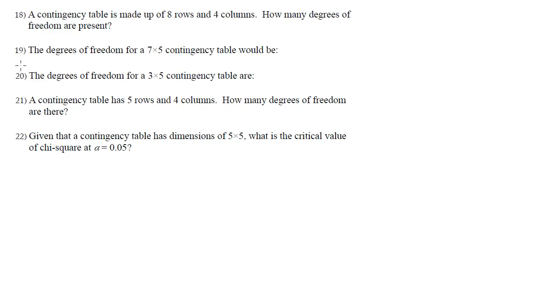Let's do 18, 19, 20, 21, 22 all together in one video. They're all about contingency tables. Contingency tables are just a row by column table. Certain number of rows, certain number of columns. So just to start, we need to be able to identify the degrees of freedom when we're given a contingency